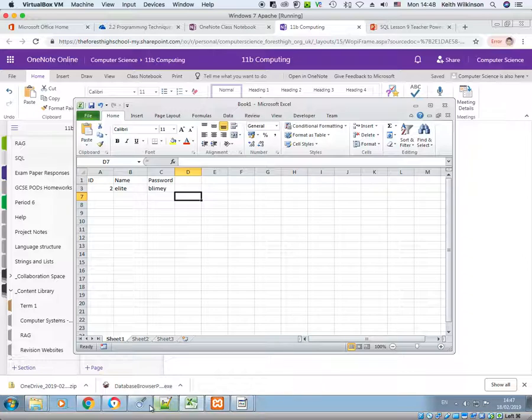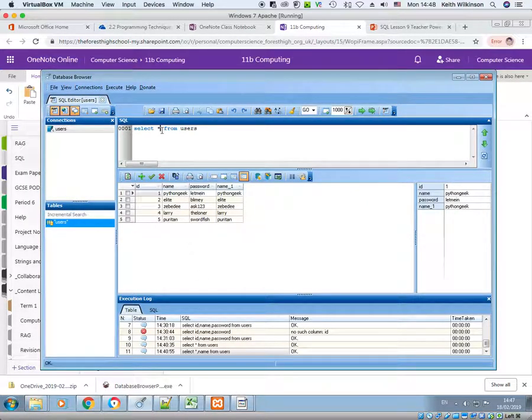Now we can do that in a query. So again, we could do select all from users. That's fine. So we're going to have the ID, the name, the password. We don't need this name one on the end. And I can write a where clause. Now we could write it here. That's fine, but to me it's a lot better if we have it on a separate line. So the first line of our SQL is always what we want to get and from where, and the next one down should be our sort of filter. And I can do it like this: where